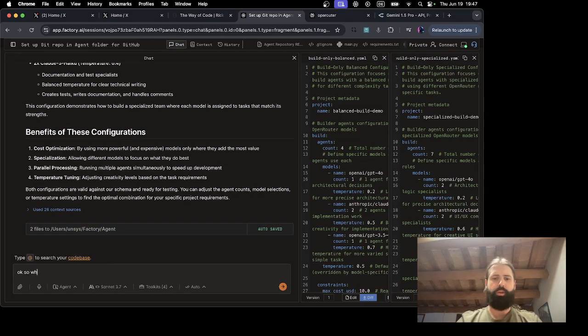Okay, so what's the command to run any of these configs?